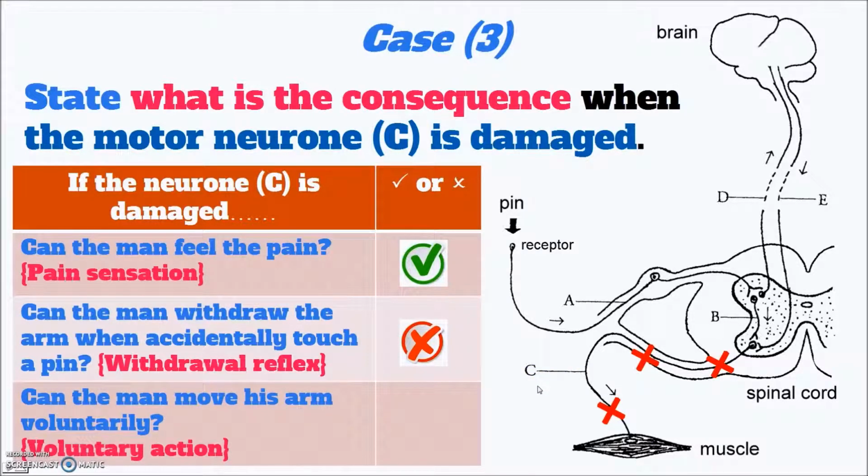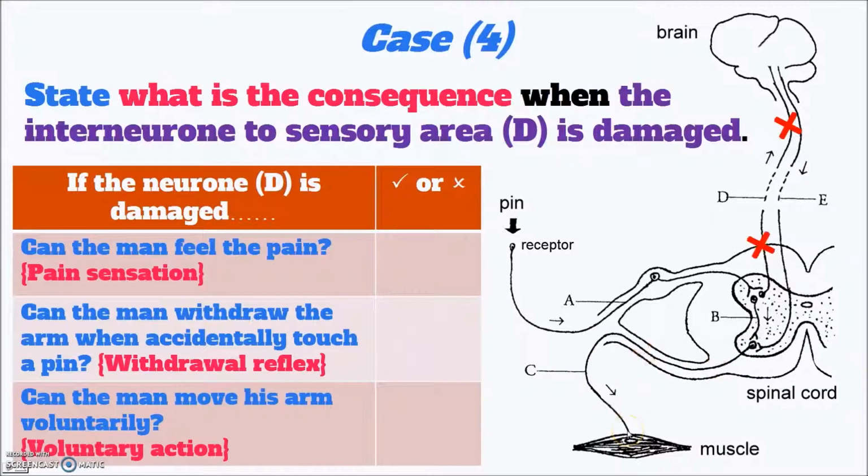So can he move his arm voluntarily? And also the answer is no, because neuron C is damaged. Even if a new nerve impulse is generated by the cerebrum and transmitted along neuron E to the spinal cord, neuron C is damaged, so the nerve impulse cannot be transmitted along neuron C to the muscle. And for case 4, the interneuron